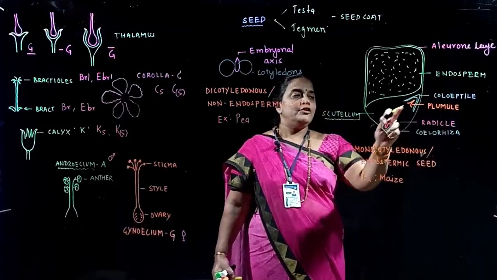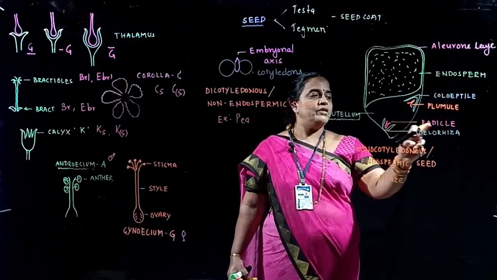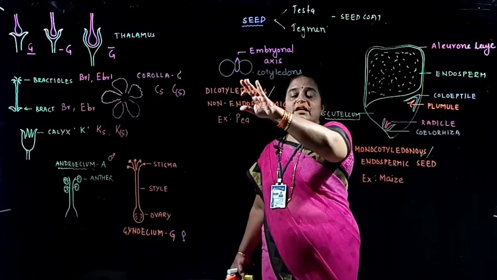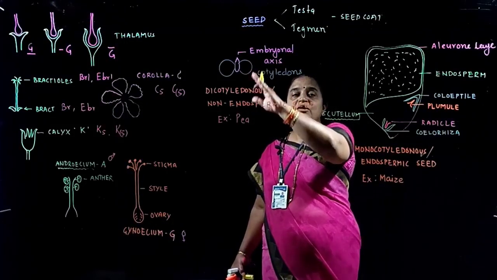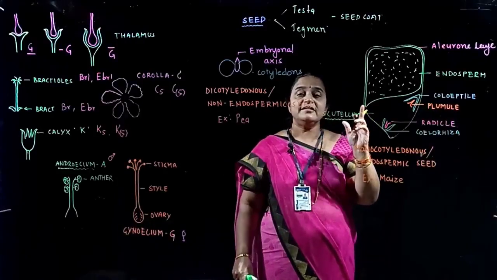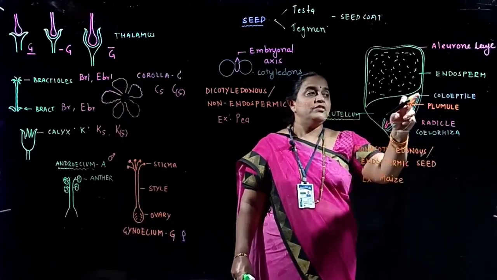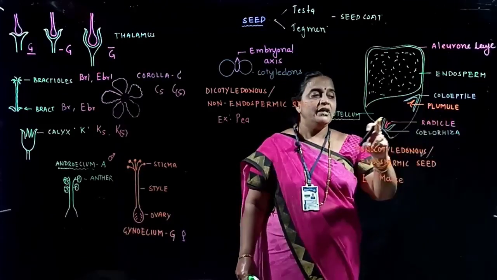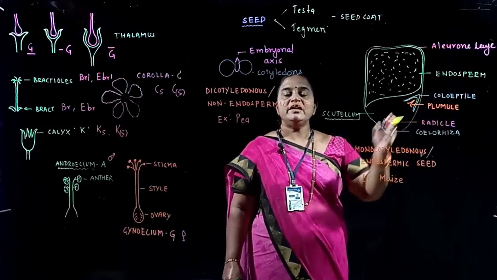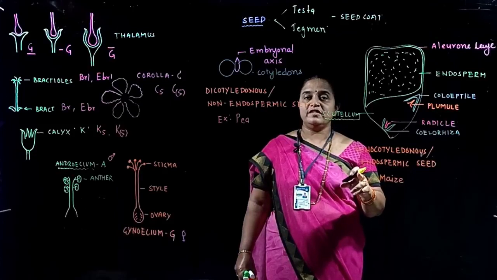In this, there are two embryonic parts. The embryonic shoot is the plumule, and the embryonic root is the radicle. Now see the evolution. In dicots, protection is not given to the plumule and radicle because both are enclosed by fleshy cotyledons, but here there is a special sheath on the plumule and on the radicle. So coleoptile covers the plumule and coleorhiza covers the radicle. On germination, the plumule gives rise to the shoot system and the radicle gives rise to the root system.